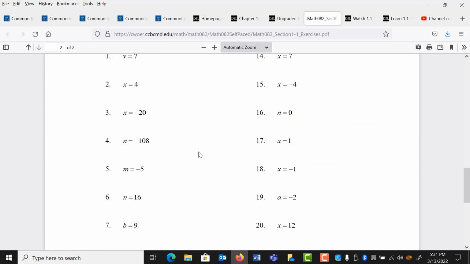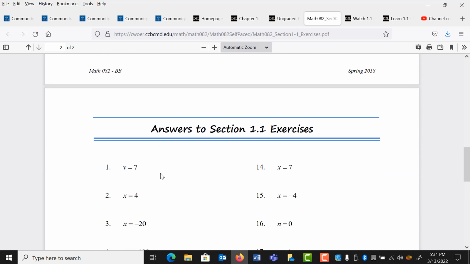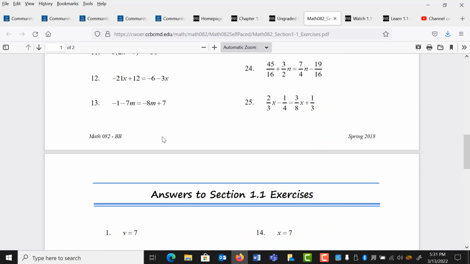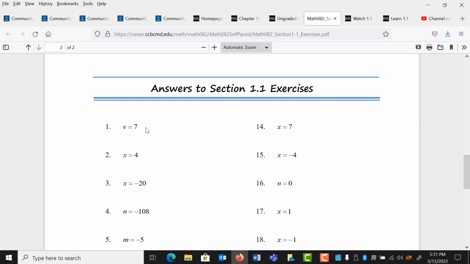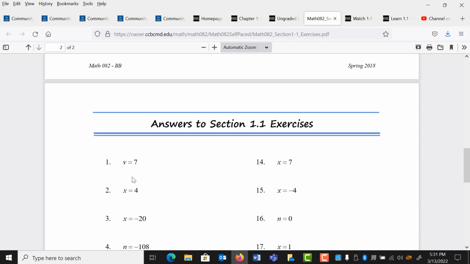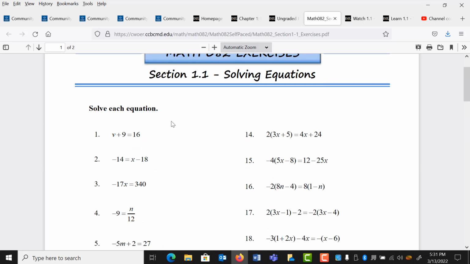And the beauty of this is that if you scroll down, look, you can check your work. So number 1, you can write this in your notebook and solve it, and you should get V equals 7. So if, let's say, I do number 1 and I don't get that answer, and maybe I'm really stuck and I don't understand why I didn't get the answer that they have here, that's when you need to start going to office hours or use the Student Success Center or the Math Center. Okay, get some help if you check your work and you see, I really don't know what's